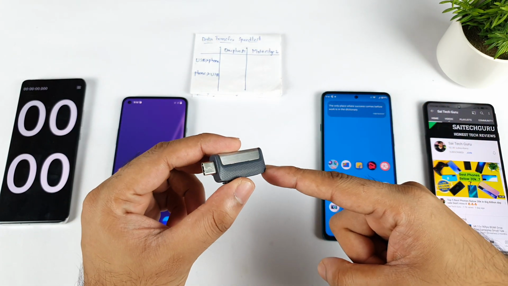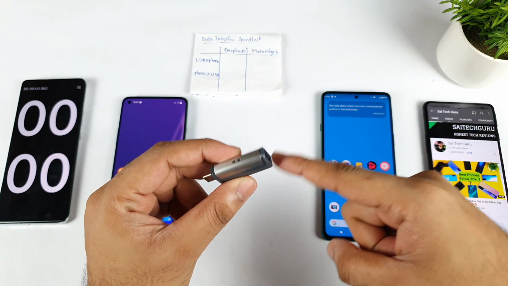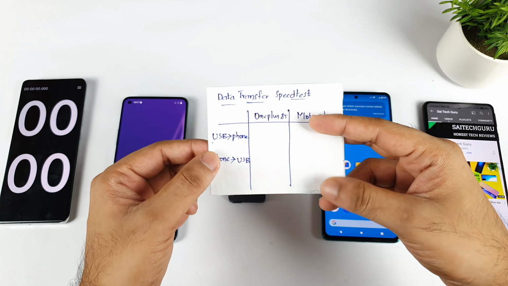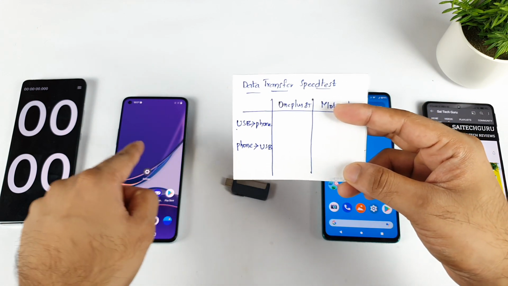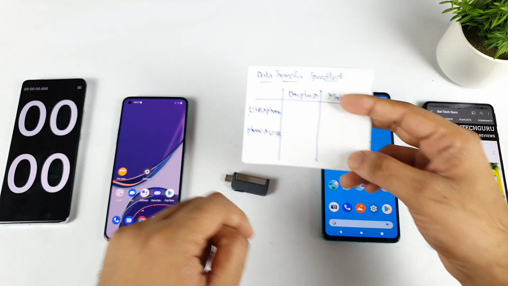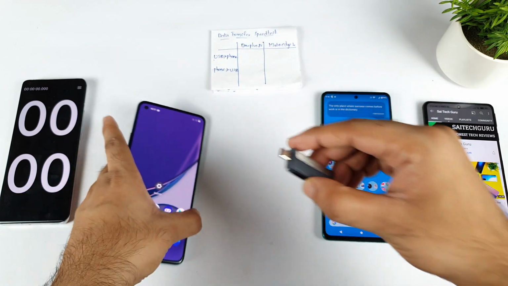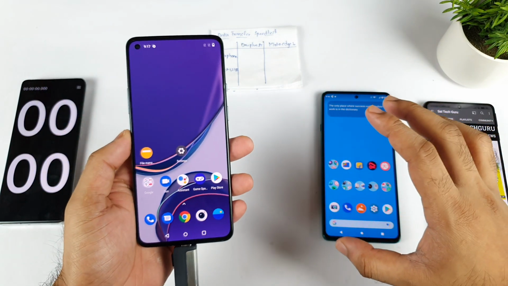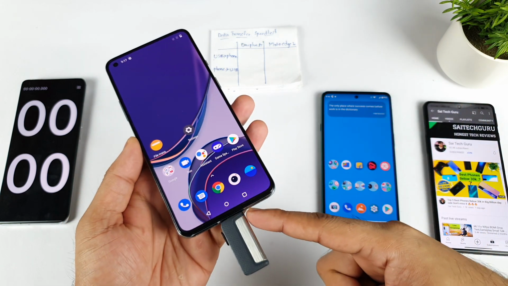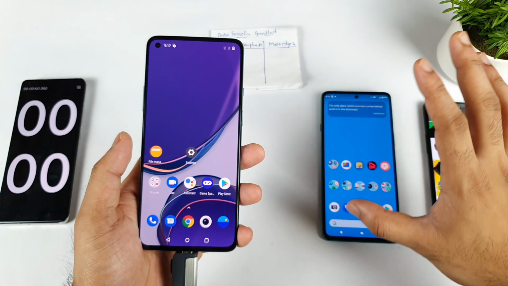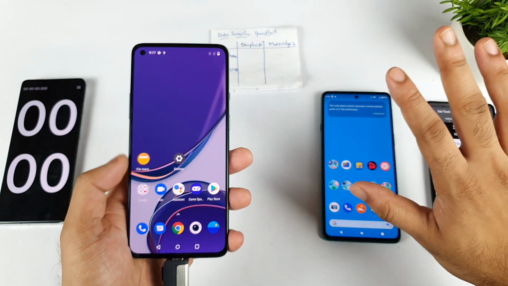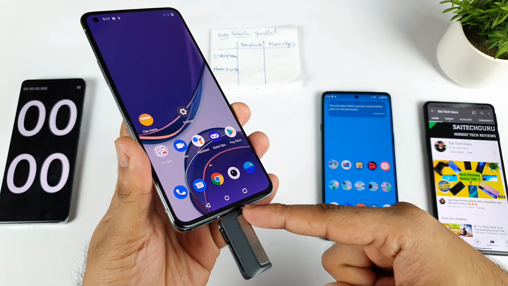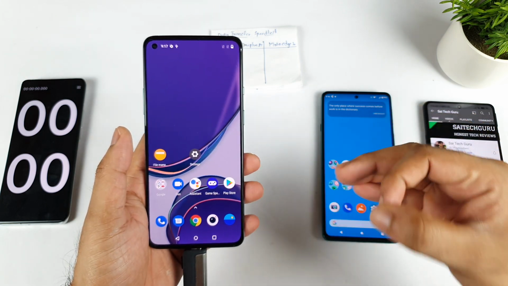So this is a 1 GB data transfer rate. I'll try to transfer from pen drive to the mobile phone. So this is a two test process. First, from USB pen drive to the phone, and from phone to pen drive. I'll try to transfer the 1 GB file. So first, let me try to start connecting to the OnePlus 8T. So this test mostly depends upon what type of Type-C port only. It doesn't require any kind of UFS storage. UFS storage read and write doesn't need to do anything here. Only the Type-C port needs to be very much latest one and very powerful one.